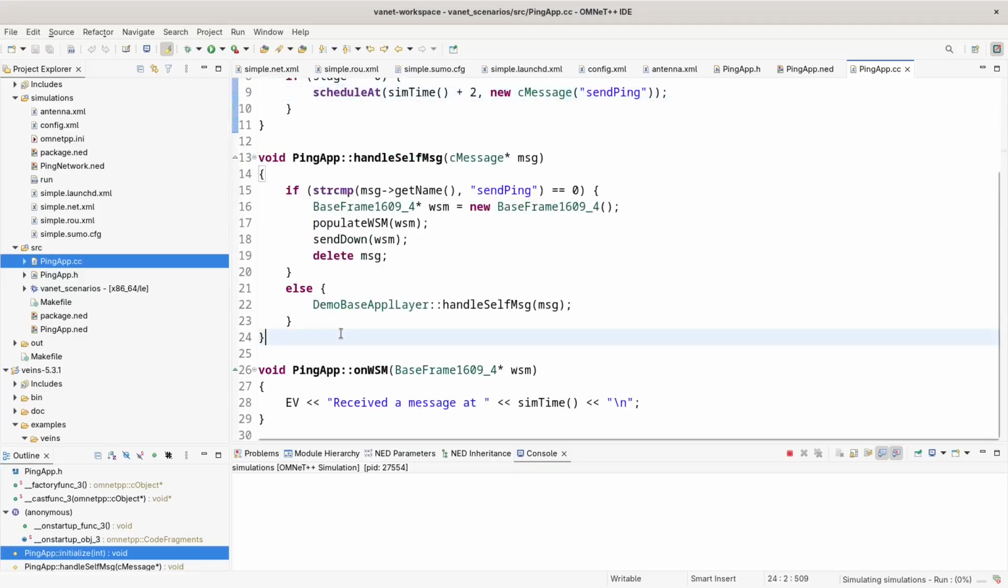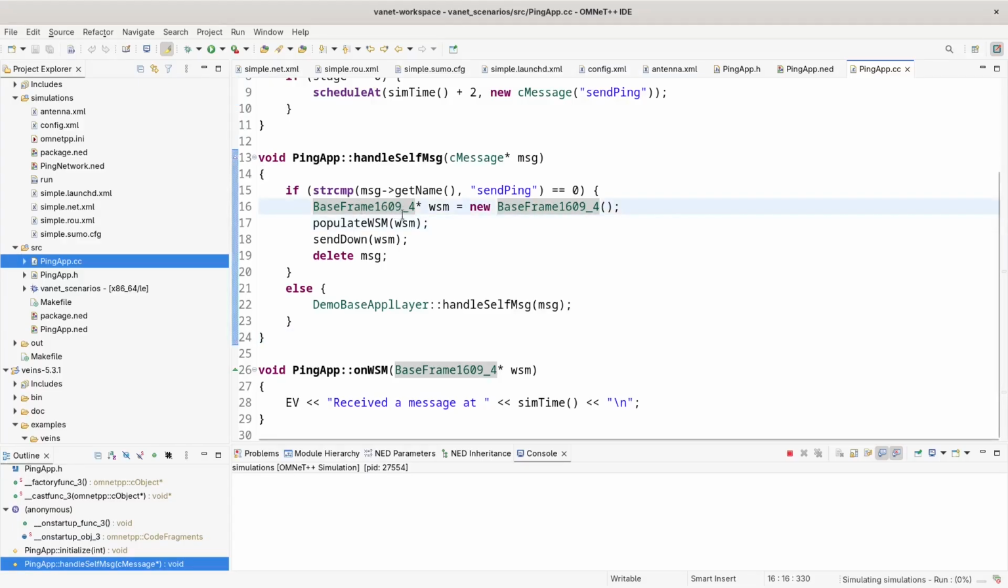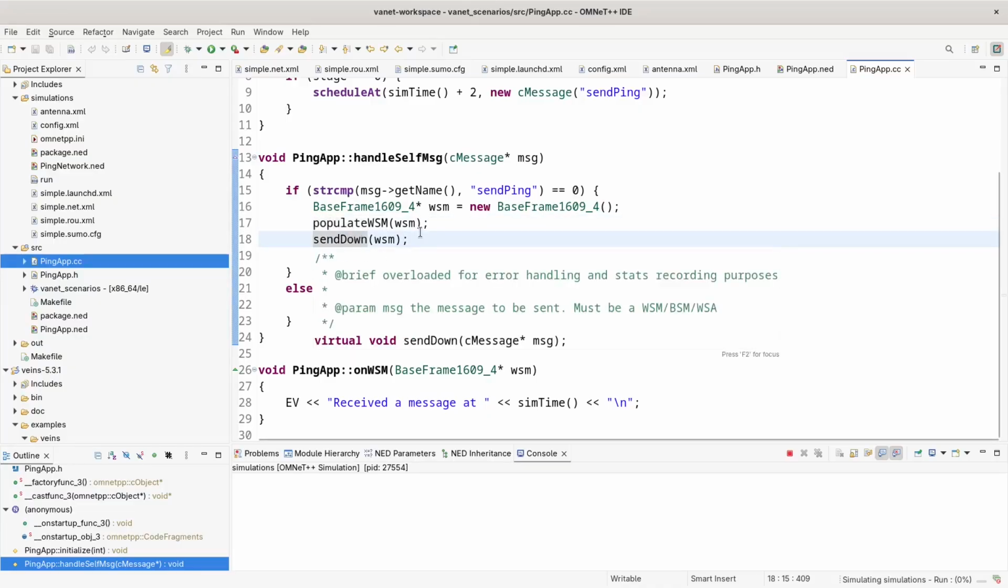Then we have our next function. This is handleSelfMessage. This is what fires when the timer goes off. It builds a BaseFrame1609, which is a basic Veins wireless message, fills it with populateWSM, and that's a helper the base class already provides, and then it sends it out over the radio with sendDown. Finally,